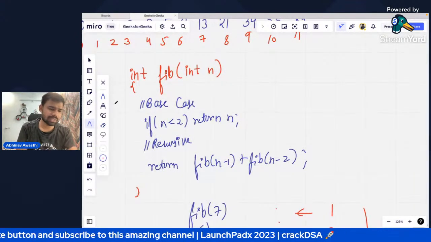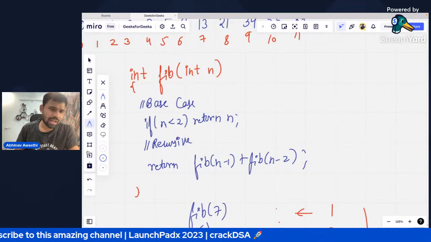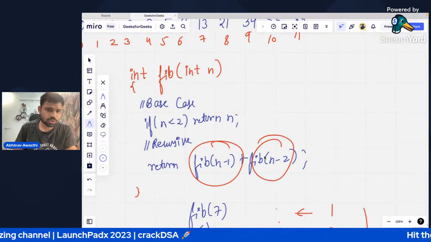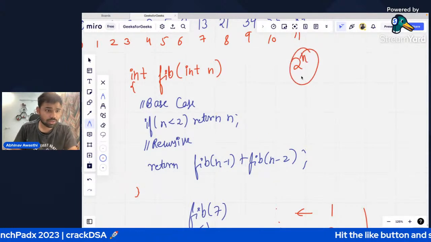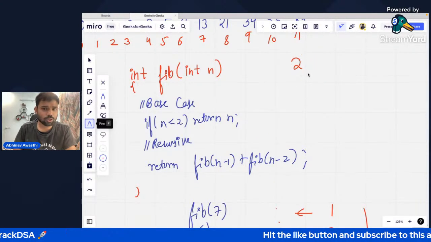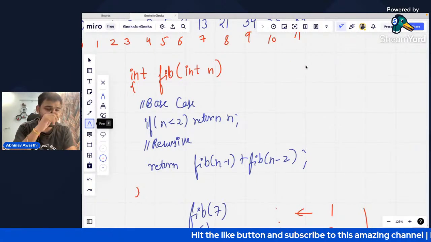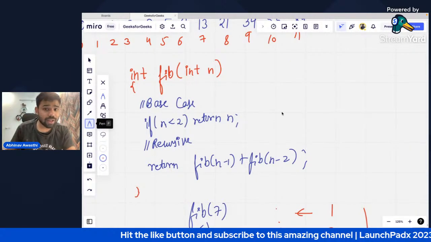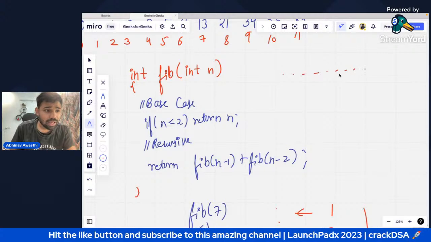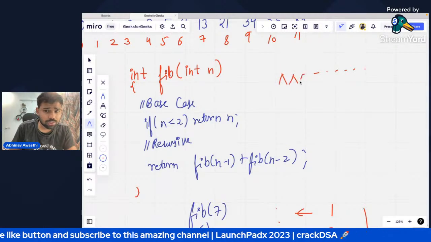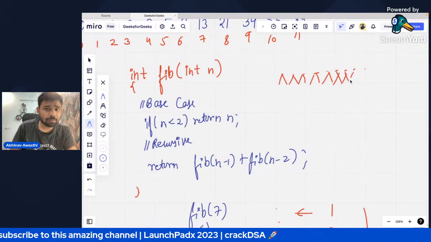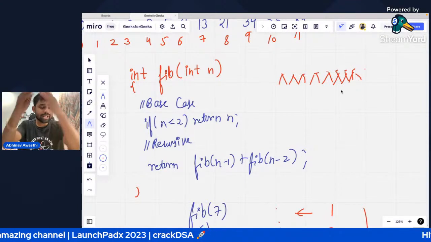Should I explain time complexity once again? See, whenever we are having two recursion calls, it's mostly 2 to the power n. Okay, that's a trick. I will not say that this is the exact solution. The reason being, guys, we have n calls, and in each call we are having two calls, so that will be multiplied. Got it? A tree will be created.